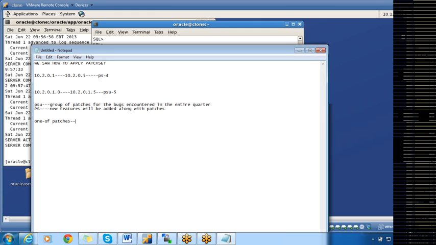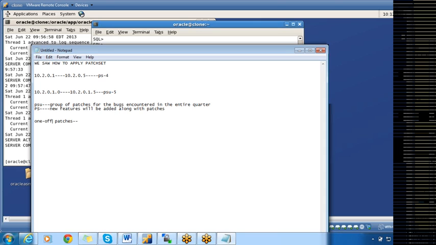If anyone reports any error or any bug, then Oracle will release a one-off patch. So a one-off patch will fix only one bug. A patch set update will fix a group of patches. If you want some additional new features, you'll go for a patch set. So these are the differences between the patches we have: PSU, PS, and one-off patches.